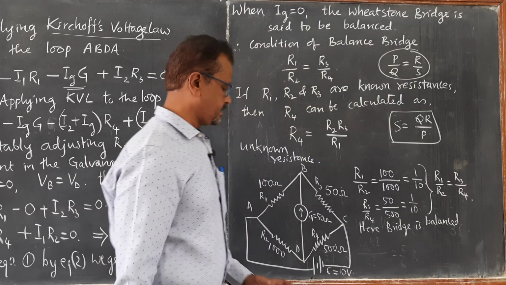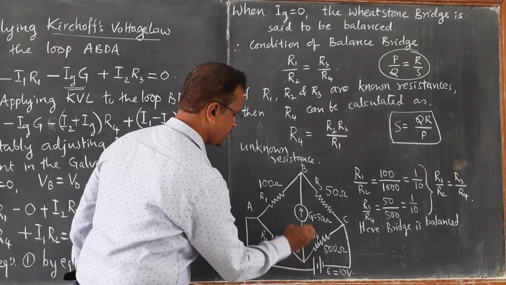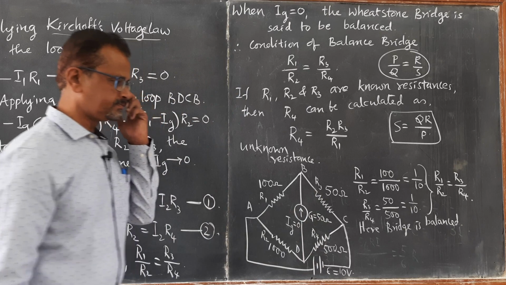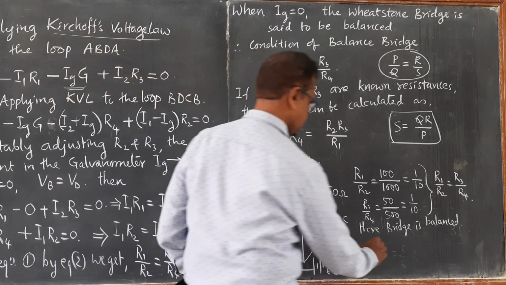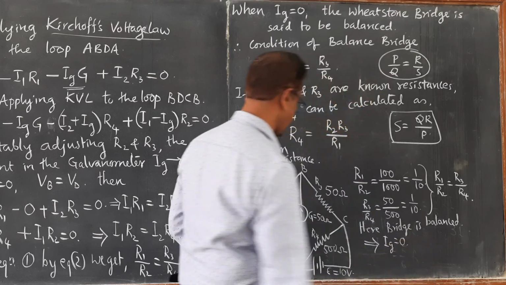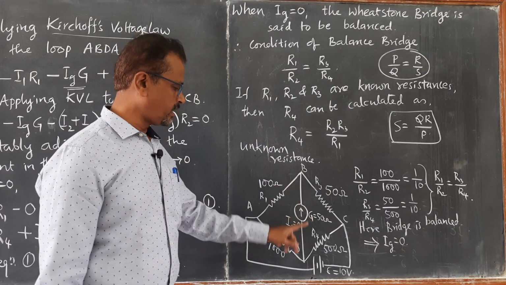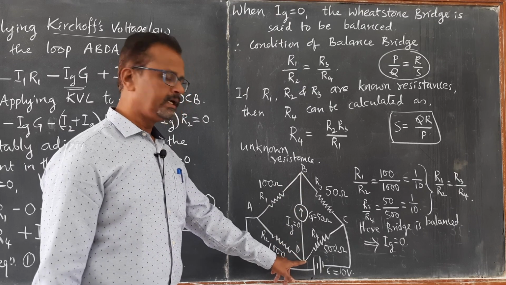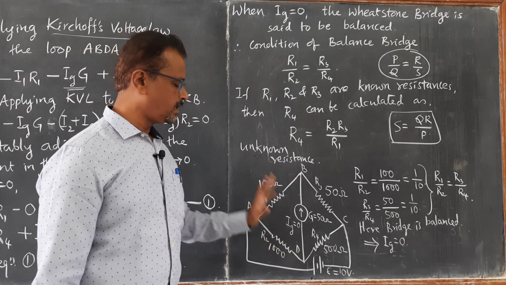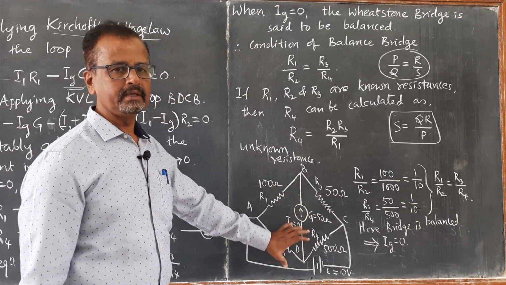So now it is very simple. No current flows through this BD arm at all. So current through the galvanometer is 0. This implies Ig through the galvanometer reads 0. Whatever be the resistance value of the galvanometer, no current flows through BD arm at all. No current flows through galvanometer, means B and D are at same potential. It is as if nothing is being connected between B and D.